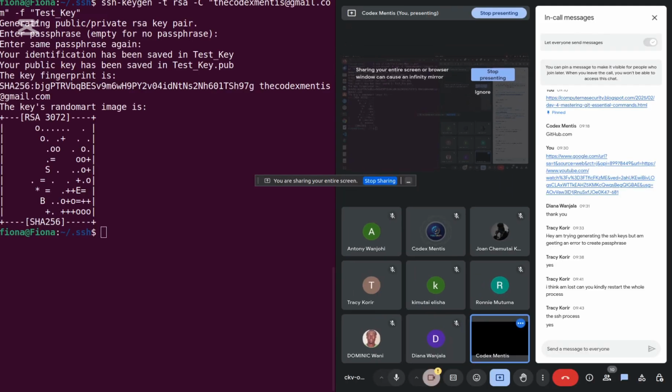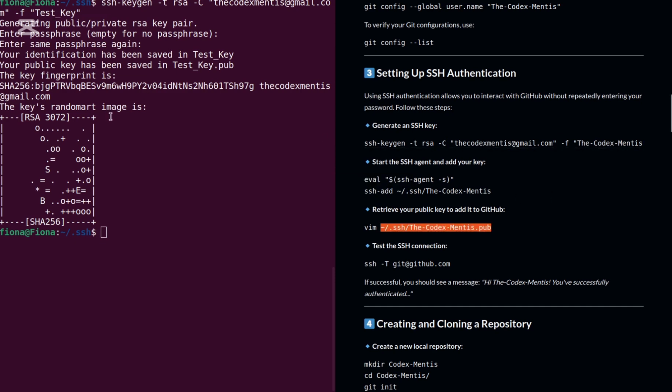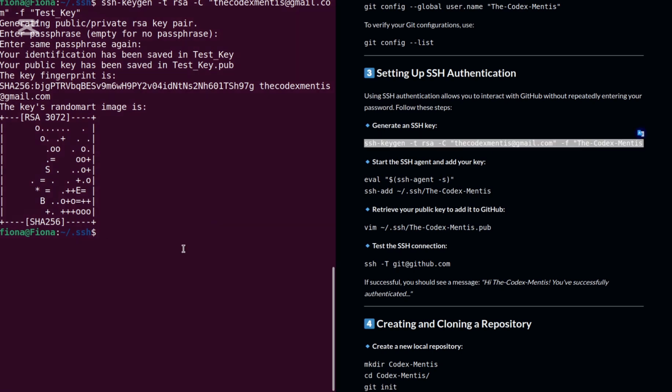Okay, so as I mentioned earlier, we have to generate a key, so that the key is going to be used to link our authentication information, our device, to GitHub. So we have to generate a key first, which is what we do with this keygen command. So we do ssh-keygen -t, and we want it to be an RSA encryption,